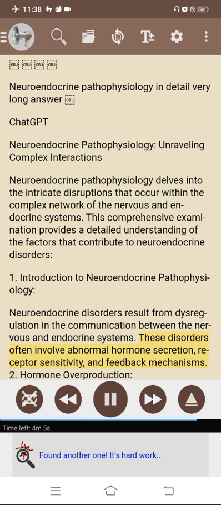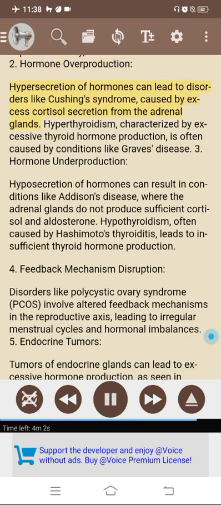These disorders often involve abnormal hormone secretion, receptor sensitivity, and feedback mechanisms. 2. Hormone overproduction. Hypersecretion of hormones can lead to disorders like Cushing's syndrome, caused by excess cortisol secretion from the adrenal glands. Hyperthyroidism, characterized by excessive thyroid hormone production, is often